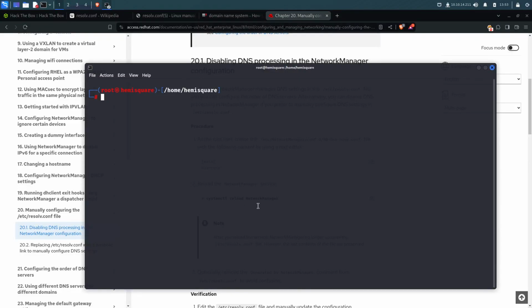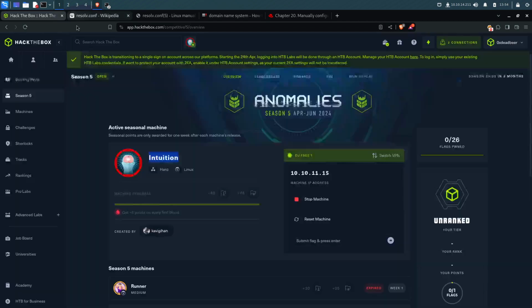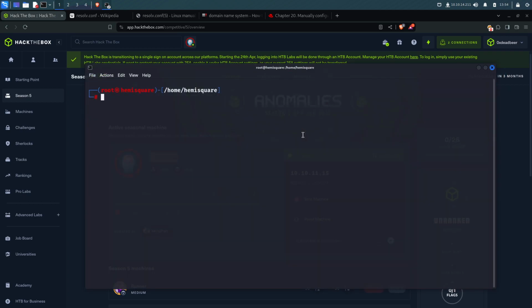Okay, today we're running Kali Linux, which is a Debian derived distribution, and I will be showing you how to set up DNSMasq, because I ran into the problem of Hack The Box with the name resolution thing,